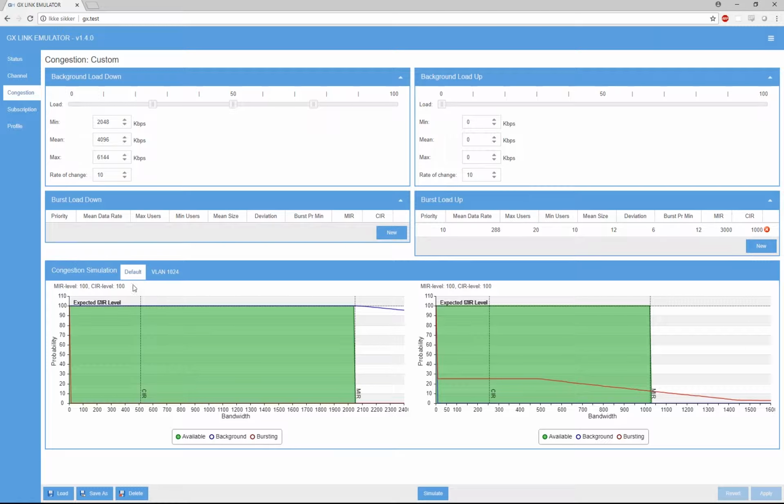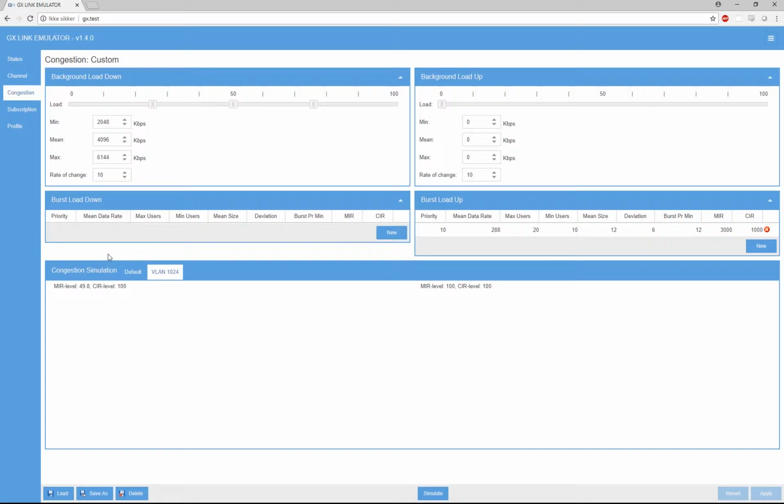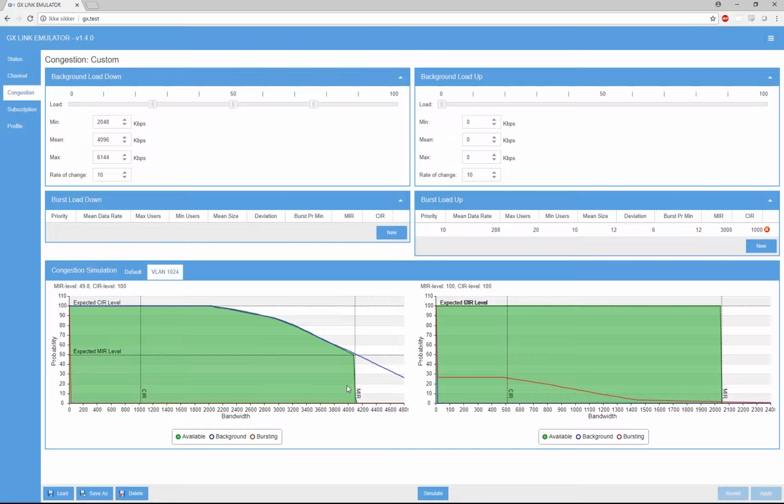On the congestion tab we have a simulation down here which gives you a quick view on how these parameters influence your chance of getting a certain bandwidth. On this chart we have the bandwidth here, and here we have the probability to get that bandwidth.